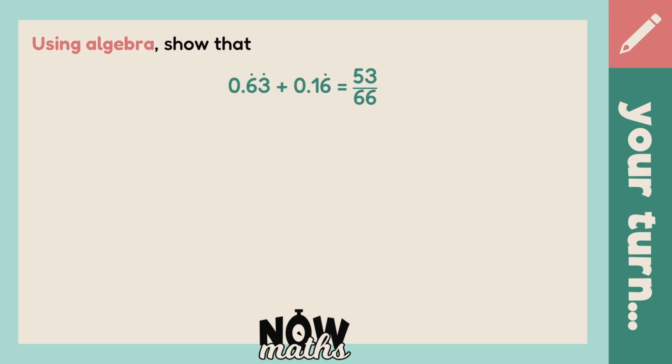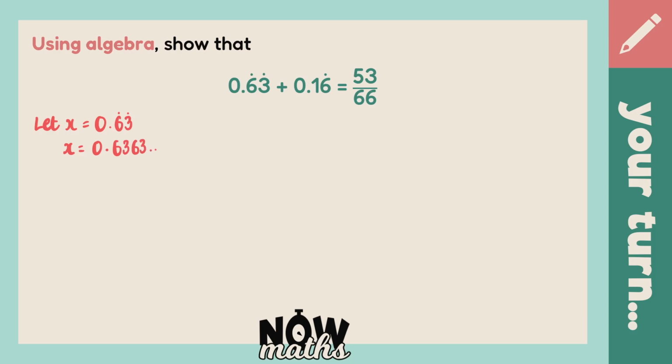So similar to the previous question, we're going to start off by pretending we don't actually know the answer to this addition. We're then going to work out the answer to the addition, and our answer should be equivalent to 53/66. In order to obtain an answer that's a fraction, it's going to be helpful first to convert the two decimals to fractions. So starting off with 0.63 recurring, we let x equal 0.63 recurring, or x equal